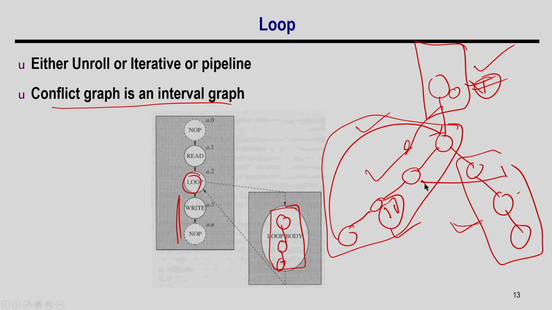So, I cannot just repeat any operation here with this or any operation here with this, because then that particular operation would execute 10 times, as this part is repeated 10 times or 20 times. That is why I can identify the resource sharing, and then repeat this part 10 times. I can control this from the controller FSM. So, this is what we have for the loop. We have already discussed the 3 constructs, the conditional construct like if-else, loops and function call, and we also discussed what happens in the sequence graph and the resultant conflict graph if we consider all of them together. So, this part is done.